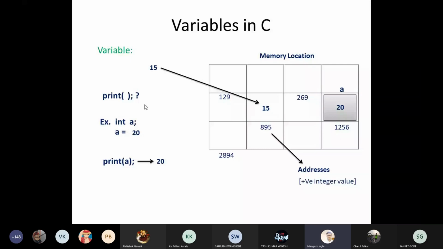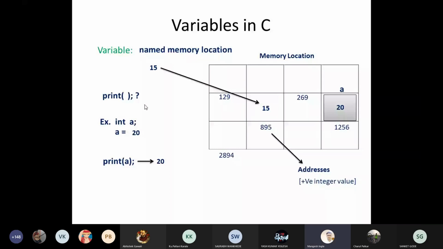Now what is the second definition of variable? The variable is a named memory location. In short, guys, you cannot find anywhere a 3-word definition of variable. You can just Google it. What is variable? You can see a number of lines, blah blah blah. Like this way, you can find so many different definitions. But what is the definition of variable? This is a 3-word definition: named memory location.